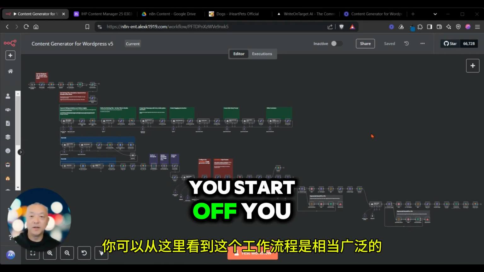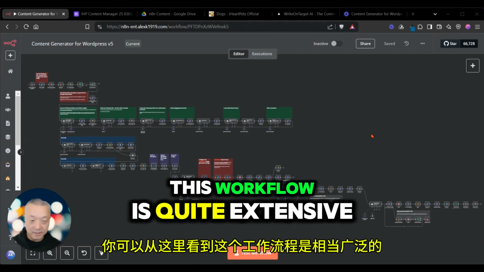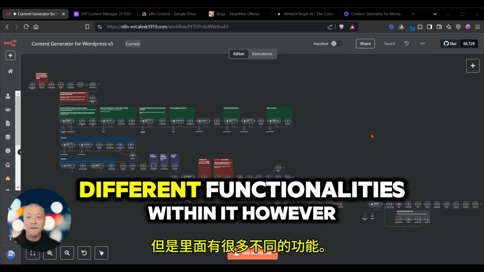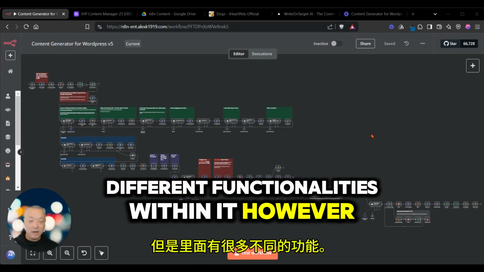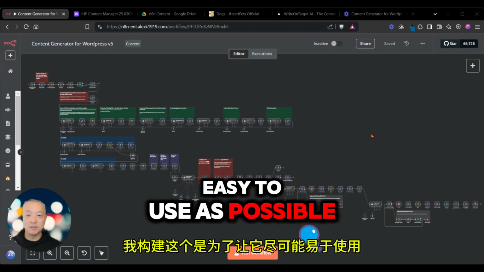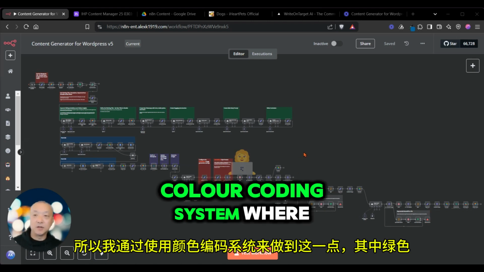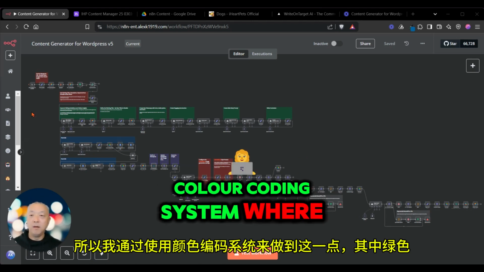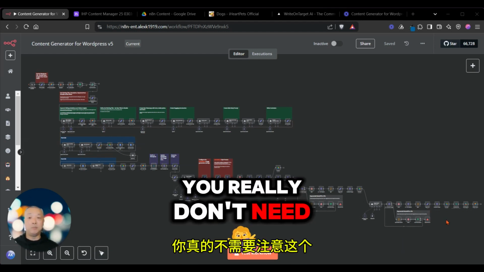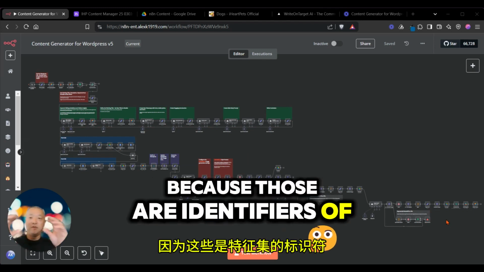To start off, you can see here that this workflow is quite extensive. It has a lot of different nodes, and a lot of different functionalities within it. However, I've structured this so that it is as easy to use as possible. I've done that by using a color coding system where the green, the blue, the purple, and the gray boxes, you really don't need to be paying attention to, because those are identifiers of feature sets, if